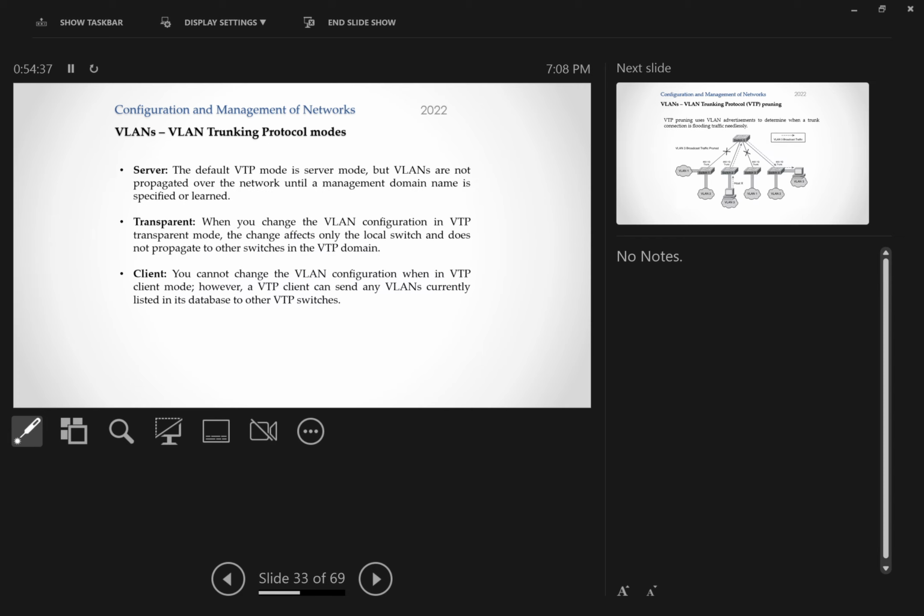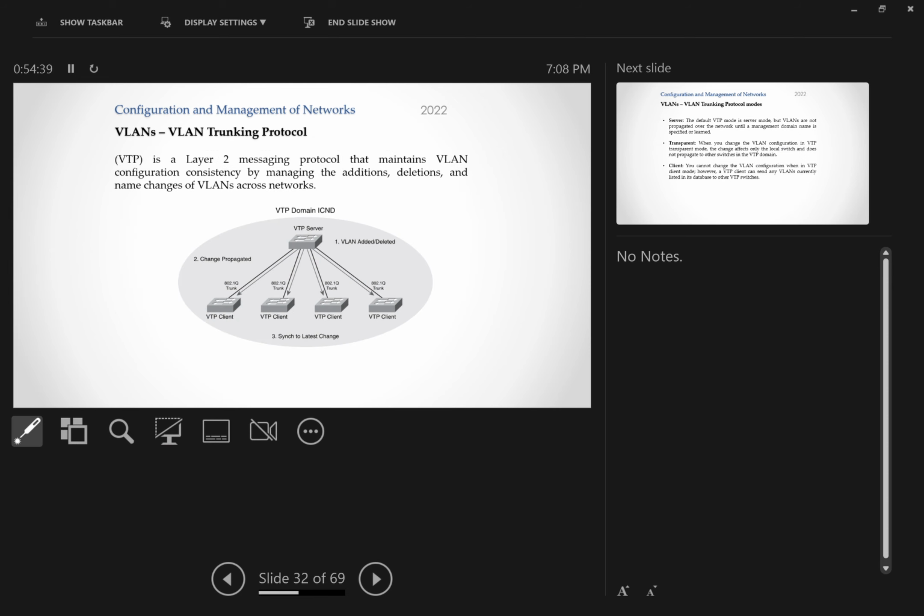Okay, so this VTP comes from that place where end-to-end VLANs were more common, and the idea was, okay, I don't need to configure the VLANs in all the switches where the VLAN exists. I can use a protocol where I configure just on this one, and then the configuration propagates to the others. Okay, so this protocol could be used in this server mode. I configure all of them in the same domain,